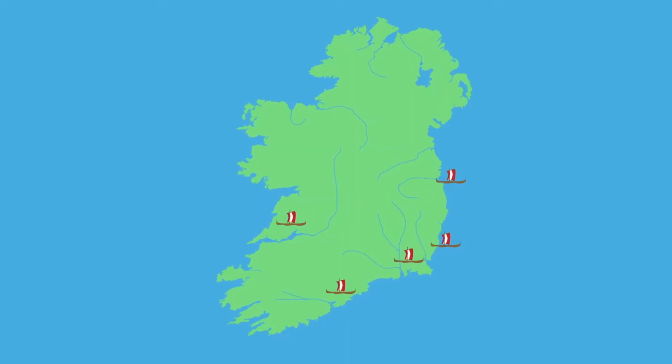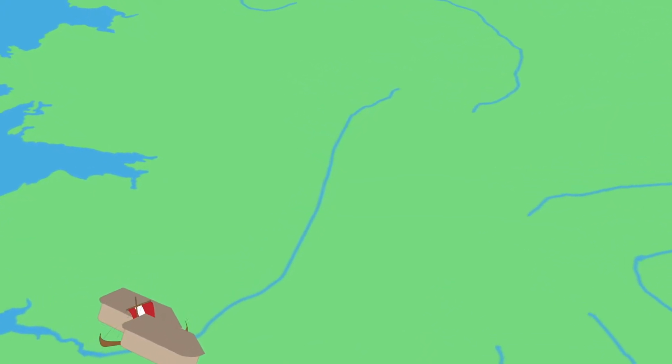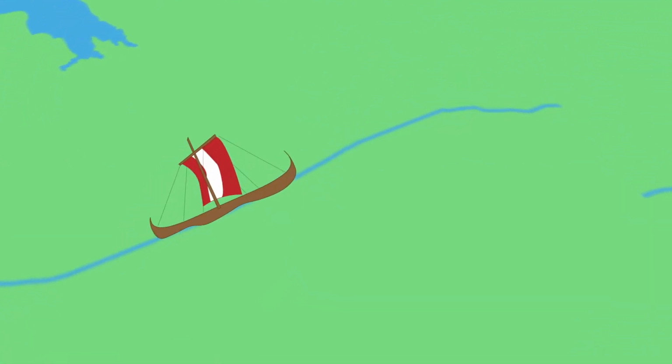Often, when we think of the places in Ireland where Vikings used to roam, we think of areas along the coast, such as Dublin, Waterford, Wexford, Limerick and Cork. This is because they mainly used ships to travel. But did you know that the Vikings also used their boats to travel up the rivers to go to the